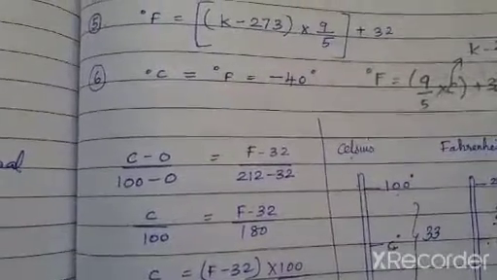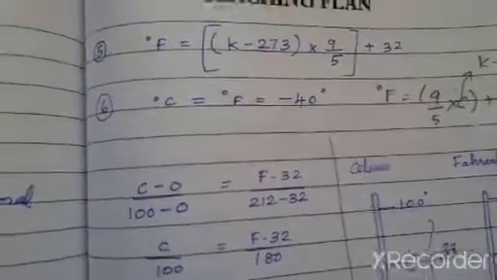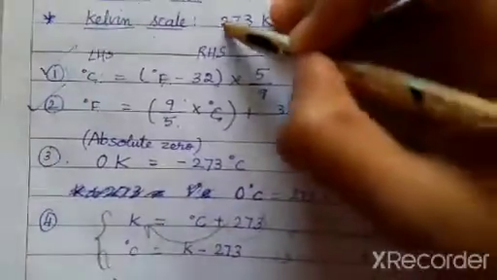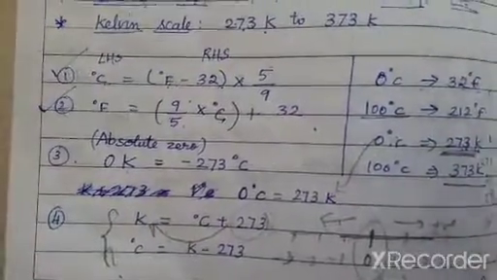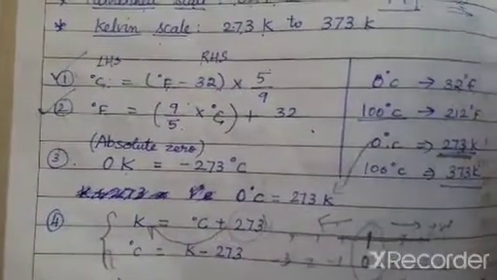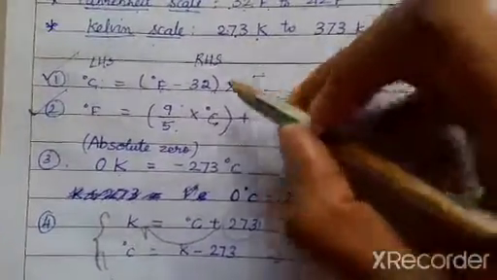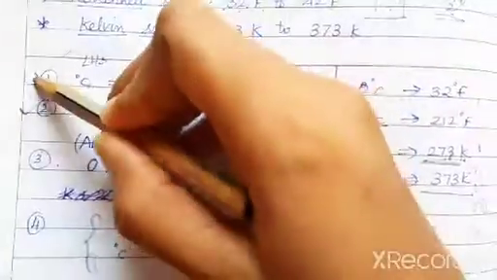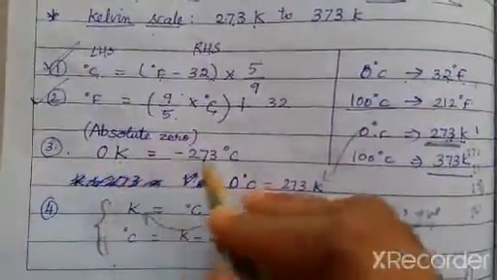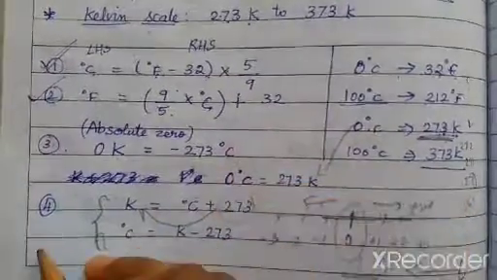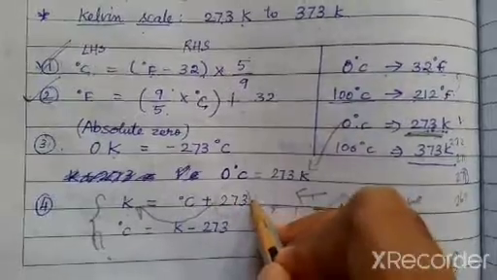Okay. So this might be somewhat new to you. Don't confuse it too much. Just remember the formulas alone. I have explained to you how these formulas are derived so that you will not get confused. This is number 1. Number 2. Number 3 is 0 Kelvin is equal to minus 273. Fourth point, K is equal to degree Celsius plus 273.